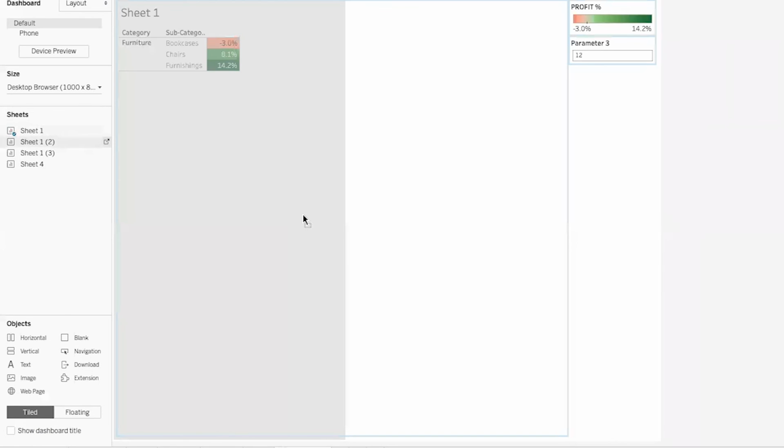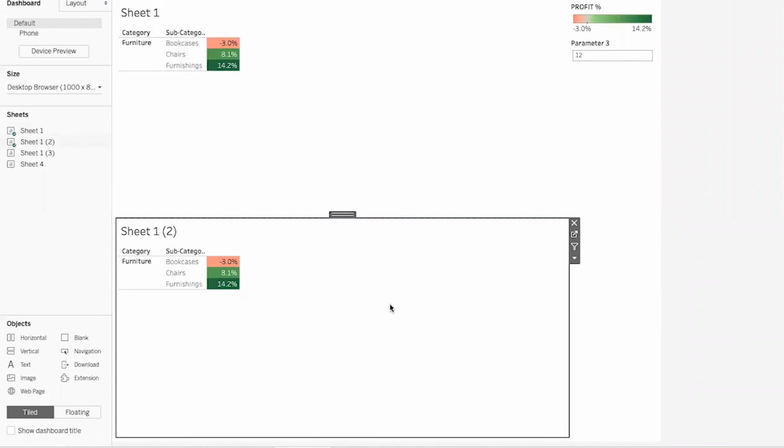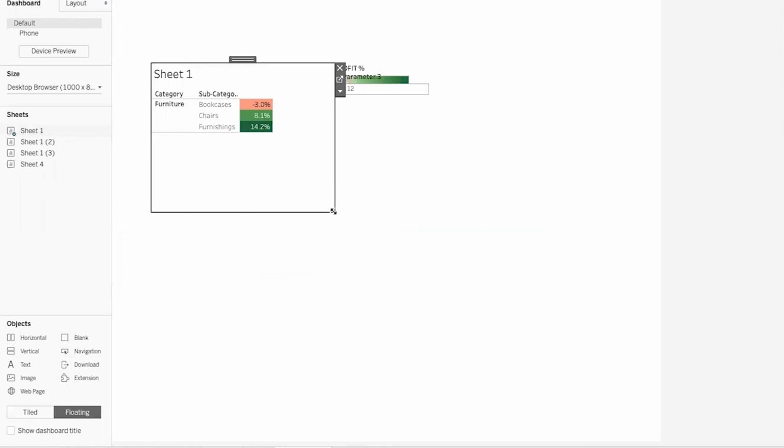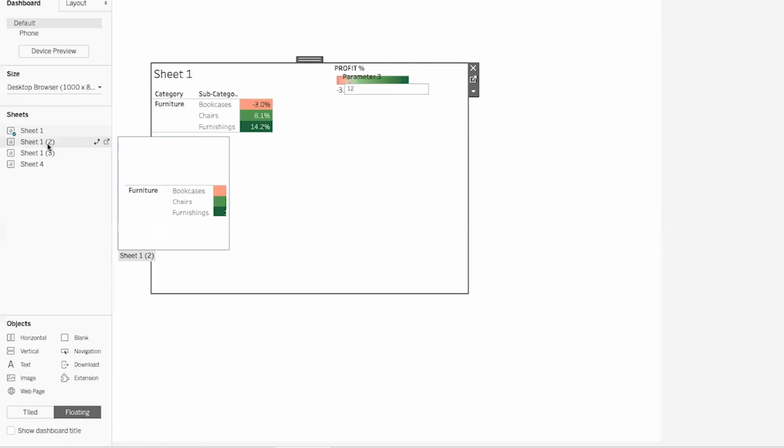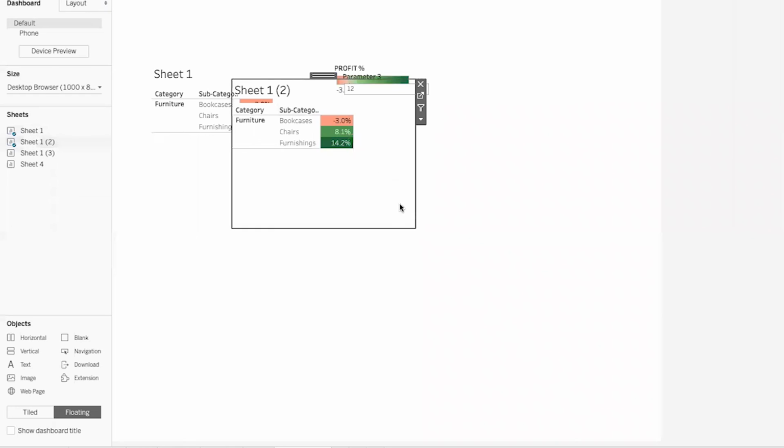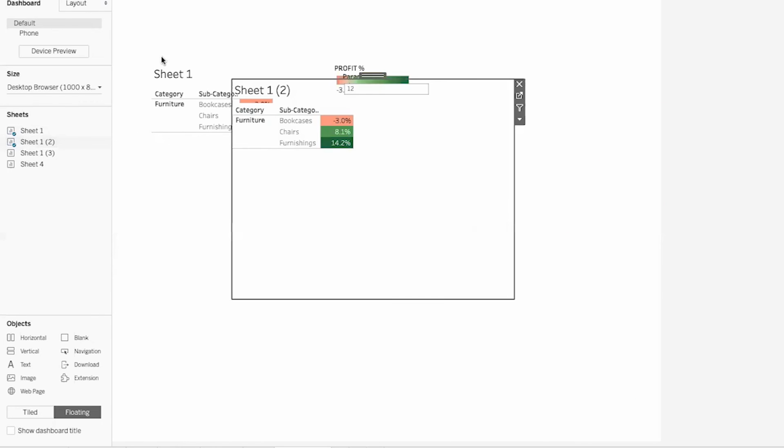Whenever you are dragging the second sheet, it will tell you where you want to fix it. Suppose I dragged it over here, it's not overlapping. Let's go back and check what is floating. I just selected floating. I dragged this sheet and increased its width. I again dragged another sheet and increased it. So what it's doing is overlapping the before sheet with the next sheet.